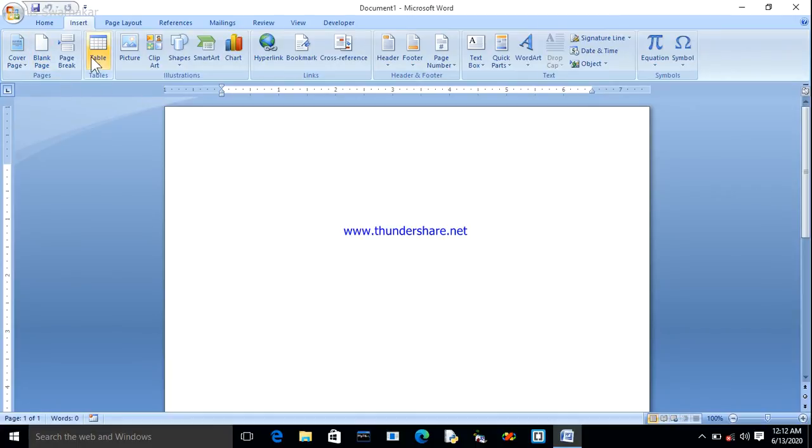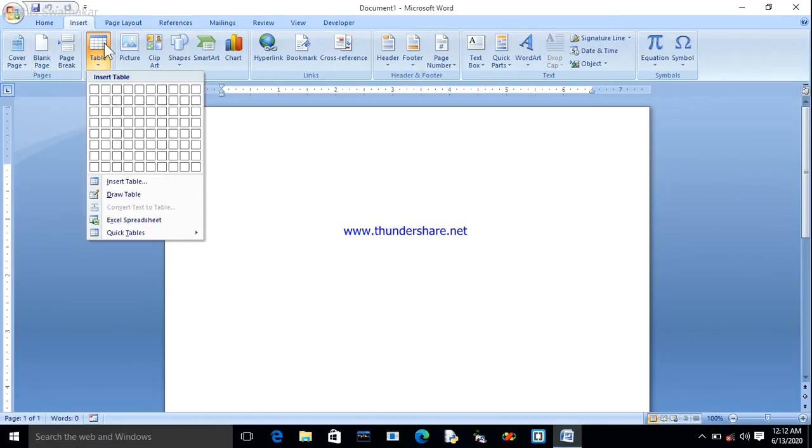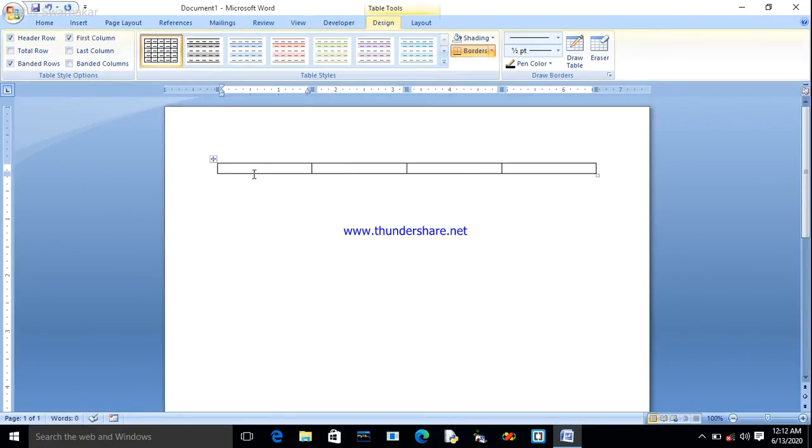If you want to create a table, we just go to the Insert tab, and we can choose how many columns we require. Suppose I want 4 columns. Very good. Now it's a basic table creation in MS Word. Now I have to just give the heading names of my table.